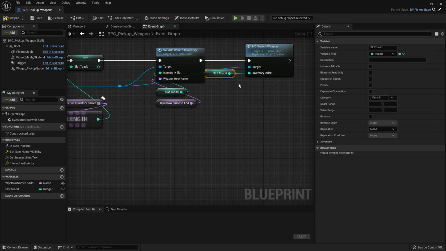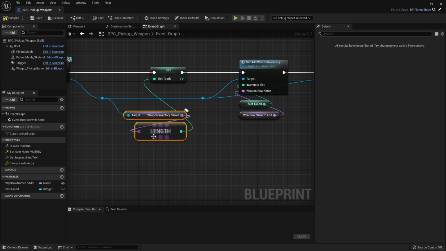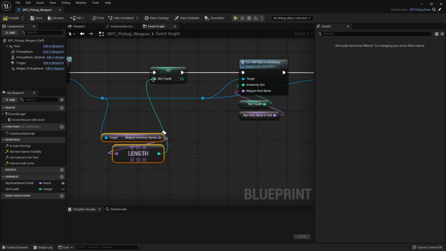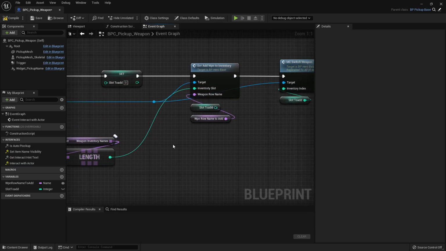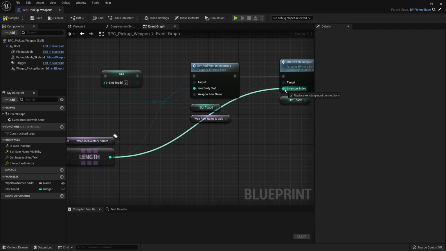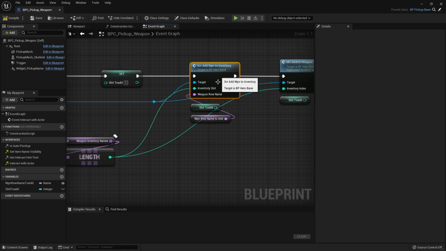So this is a pretty good example why you want to use a variable sometimes if you are working with pure nodes. So this is a pure node over here. It doesn't have any execution pins, and that means that every pin that you will connect to it will make it execute. So if I would not use this variable but simply plug it into the inventory slot over here and then into the switch weapon, so this will actually add an inventory slot, and then if I go here, it will grab the new length of the array,